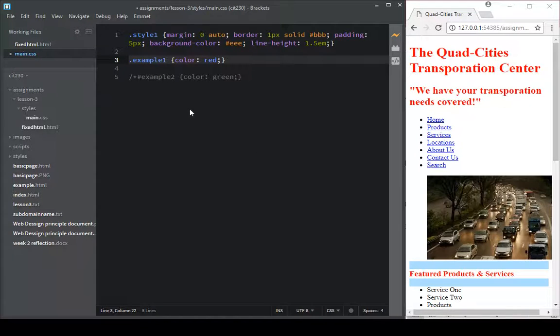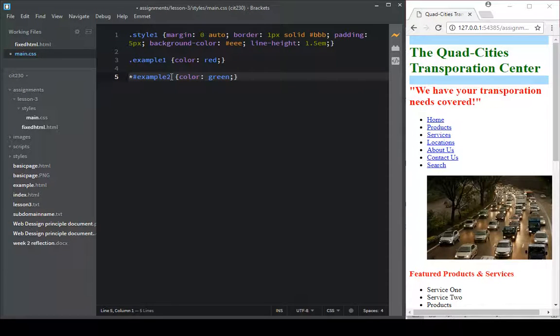But now I would like to change the color to green for this Quad Cities Transportation Center. How do I do that? I already did the red. So this is how. Let's say we did input hashtag, which is the command